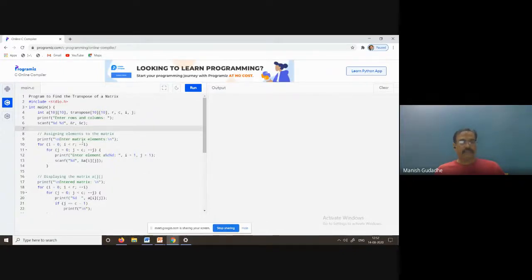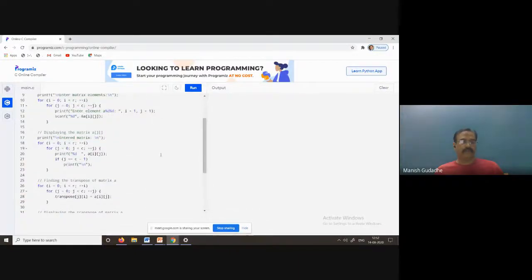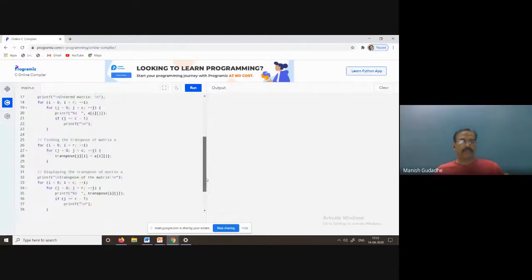And then we can enter the matrix with a simple scanf statement. Now here we are printing the transpose. Okay, this is the entered matrix. The entered matrix is printed, and then